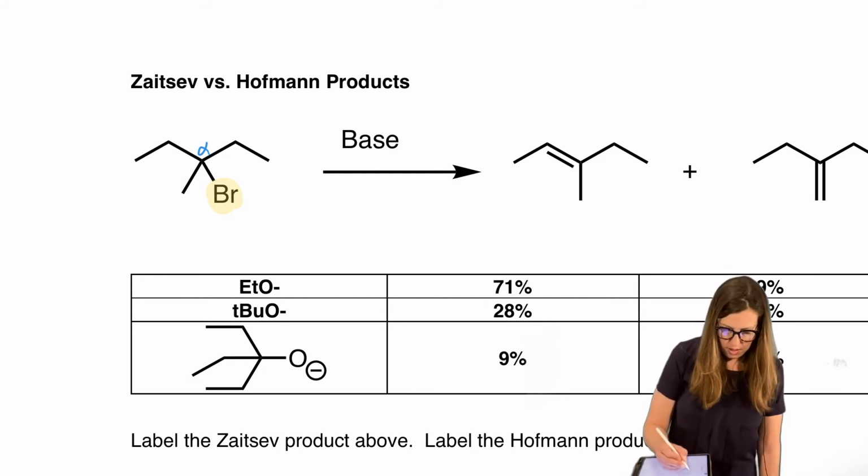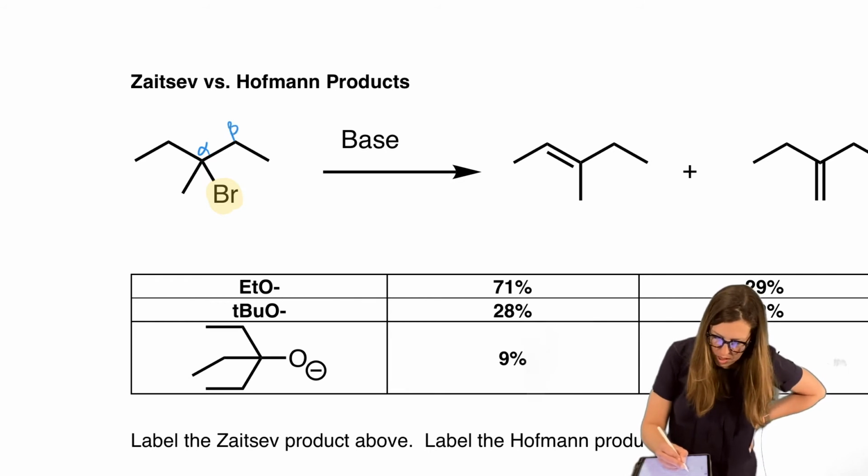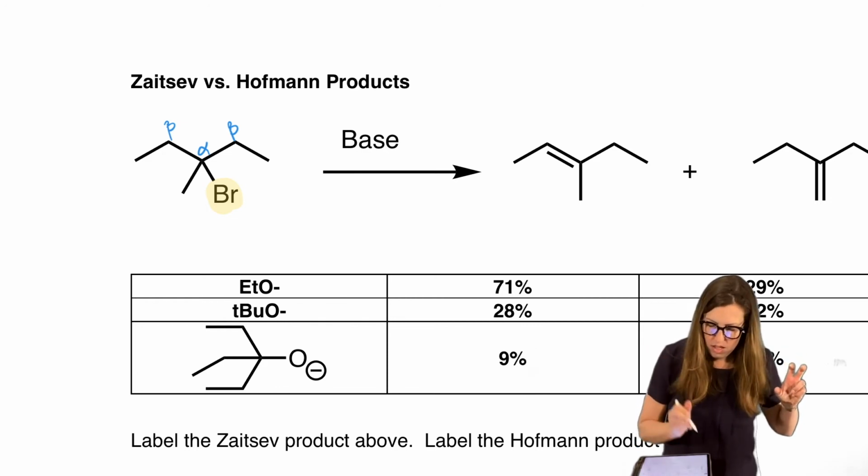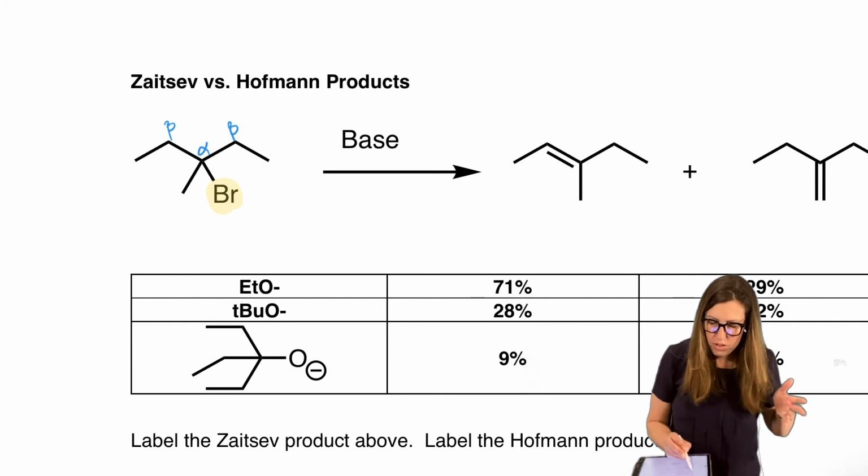Well, look at this. We've got beta, beta. And can we agree those are equivalent betas, because they're just carbons with an ethyl, they're the same group. So this alpha has two ethyls attached. So that means the base has no particular preference for one beta over the other, right? So I'm going to go ahead and use the same color for that one.